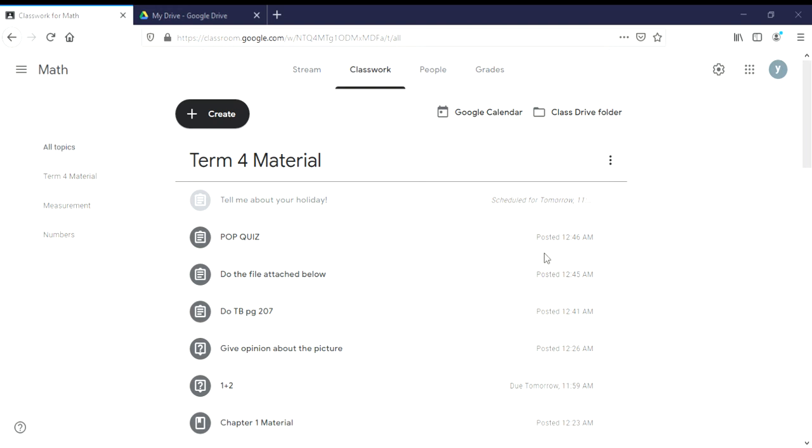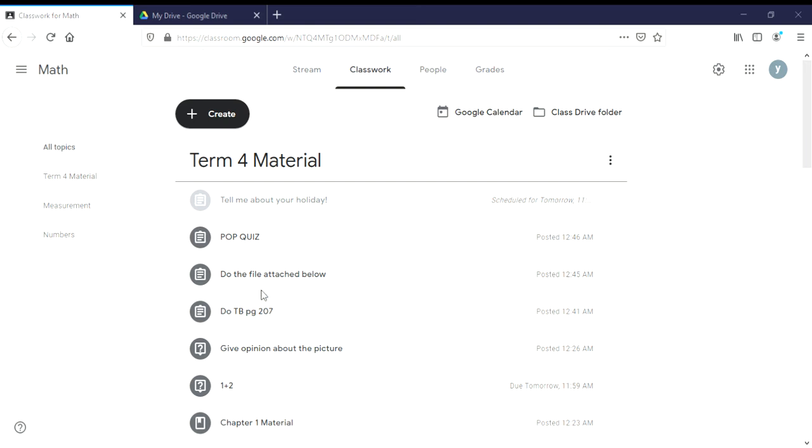After they turn in, if you allow them to see the class summary, they will be able to see it. How many choose answer 3? Oh, there is 1 student who chose answer 3. There are 0 students who chose answer 4. That's how they can see the class summary.